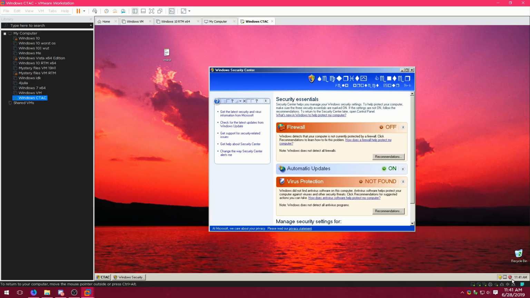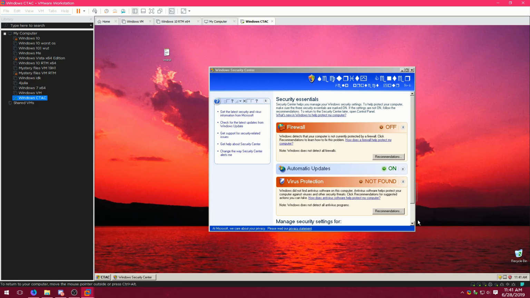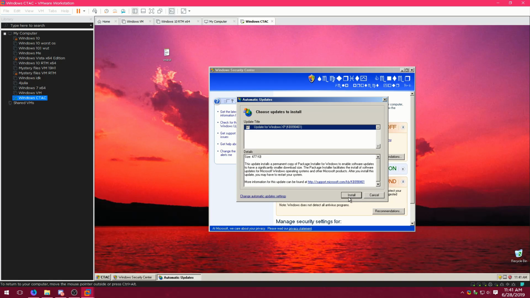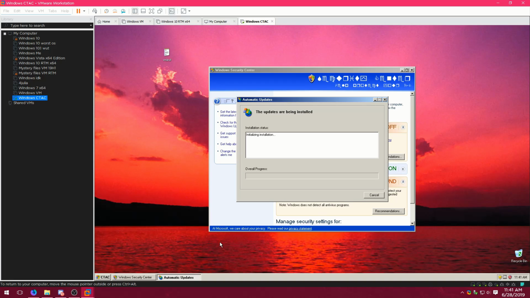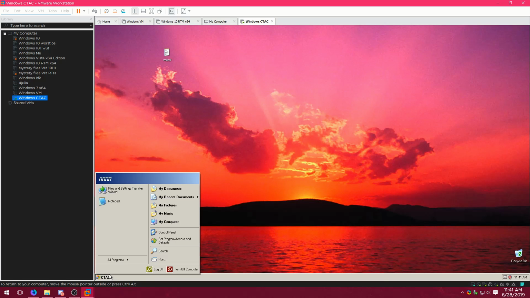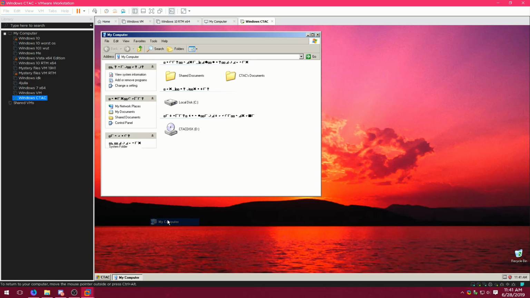And the security thing is saying there's problems. There's no antivirus, and there's no firewall, but it says we have updates. It looks like there is updates, but I don't know if they'd actually install because, you know, update for Windows XP. Okay, sure. I doubt the updates will even work, because this is so slimmed down. Oh, it did. Okay. Well, we installed one update for no reason, but okay. I don't even think that was a security update either. It was just a regular update.